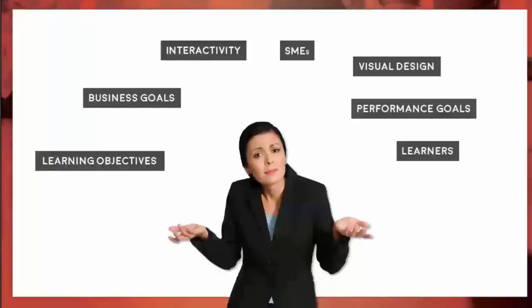You have to think about the visual design of your course, which I think is a big mistake people make: they storyboard without thinking about what all of those words are going to look like on the screen. You have to think about performance goals, because there's a difference between learning objectives and performance objectives or performance goals. And then, of course, and I put this last, oddly enough, when it really should be first, is your learners. You have to think about how they are going to assimilate that content, and is it going to work well for them? And I know some of you mentioned cognitive overload. Are you giving too much or too little? All those things can be competing interests when developing a storyboard, and can be overwhelming.